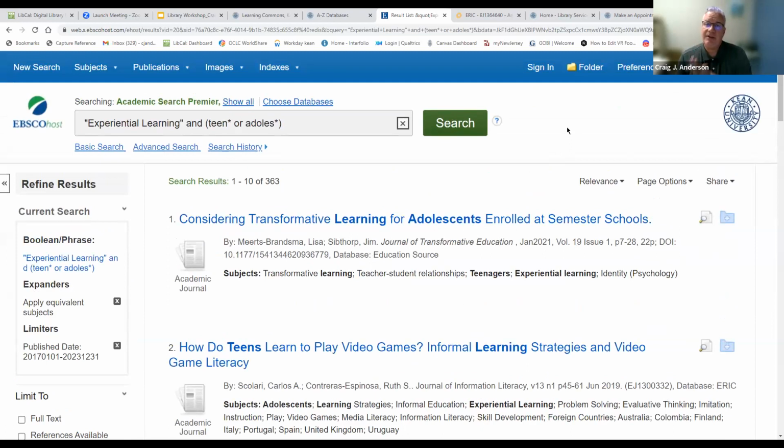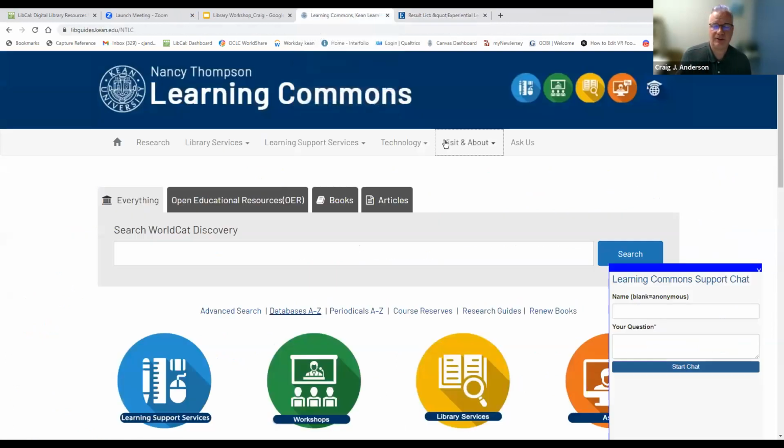So again, that's some of the various different ways that you can use our online databases. One thing that I want to do now is go back to the Learning Commons homepage really quickly. So again, yes, please feel free to play around with the different databases, play around with the search terms, use the words and or use quotations for multi-word phrases.